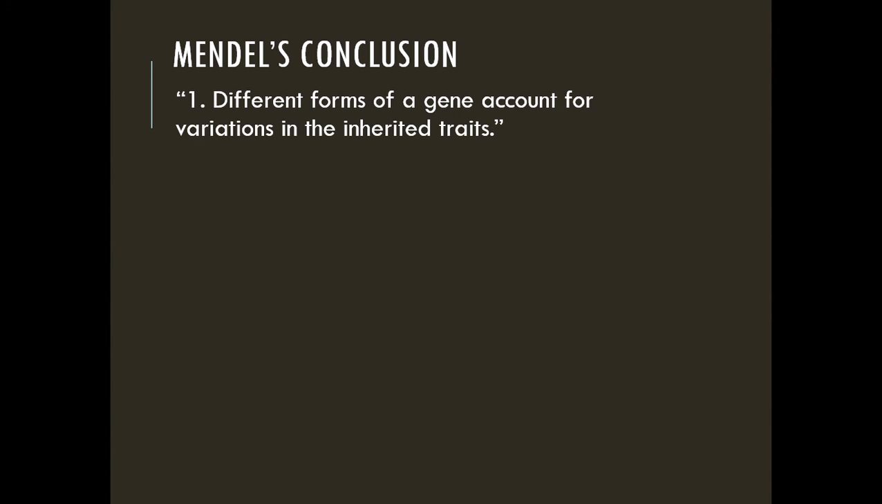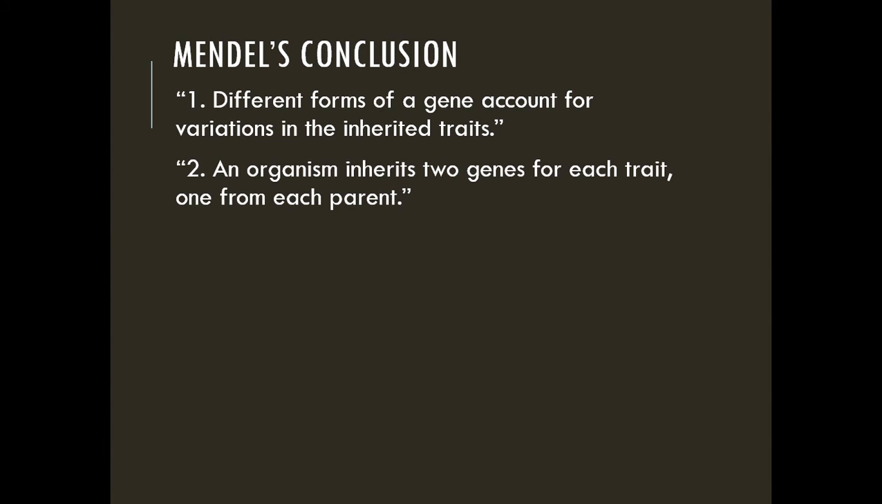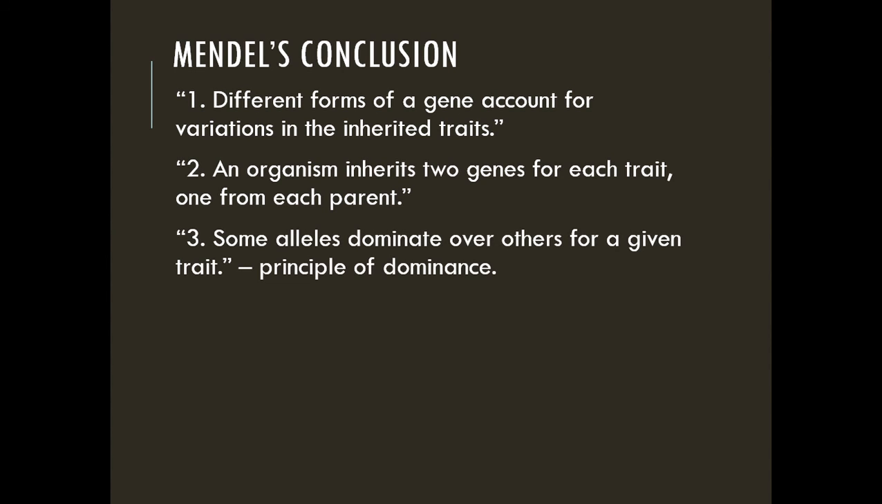So what were Mendel's conclusions? Let's analyze them. Number one, different forms of a gene account for variations in the inherited trait. Basically, two genes contribute to form a characteristic, but usually only one of them is present. Okay? Number two, an organism inherits two genes for each trait, one from each parent. You receive genes from your mother and you receive genes from your father. But even though you have both of their genes, it is possible that they only present one of their